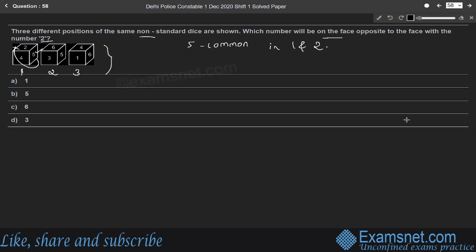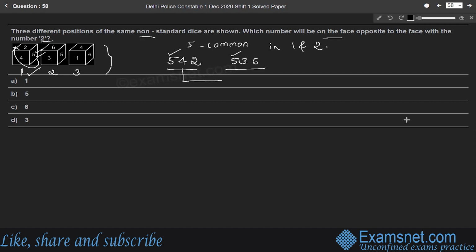That means starting from the common face. Here the common face is 5. Starting from 5, write it in clockwise sequence. That means 5, 4, 2 in the first figure. Whereas in the second figure, the common face is 5. Next is 3, then 6. So if we write the numbers in clockwise sequence, here 5 is common,